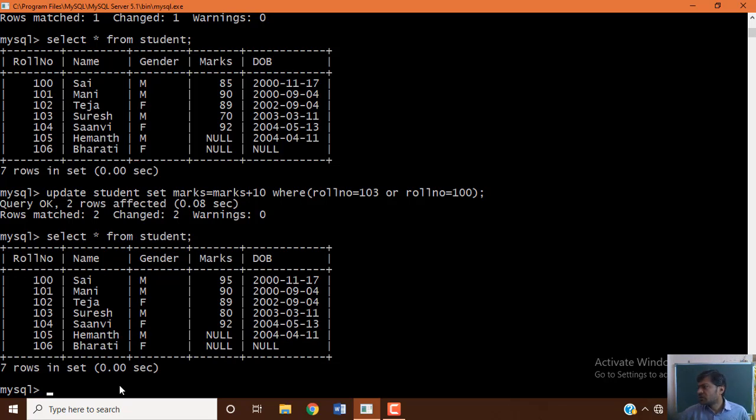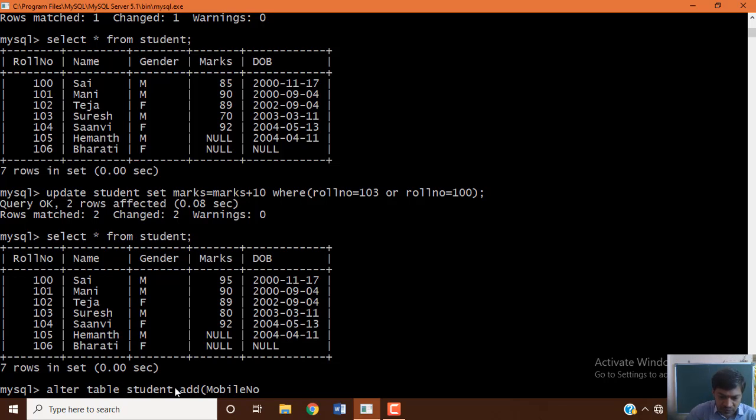Okay, so we will add two fields to the table. One is mobile number. Alter table student add, we use the field called mobile number.